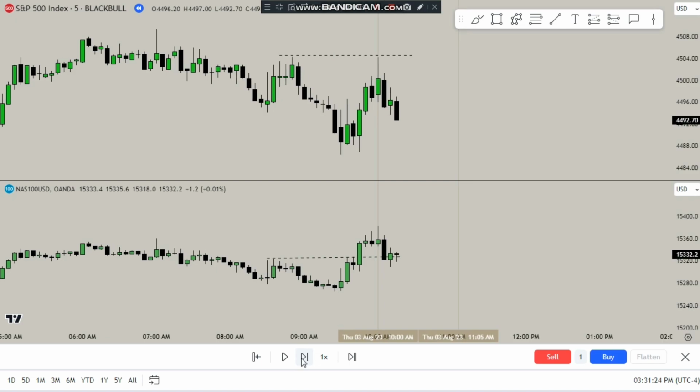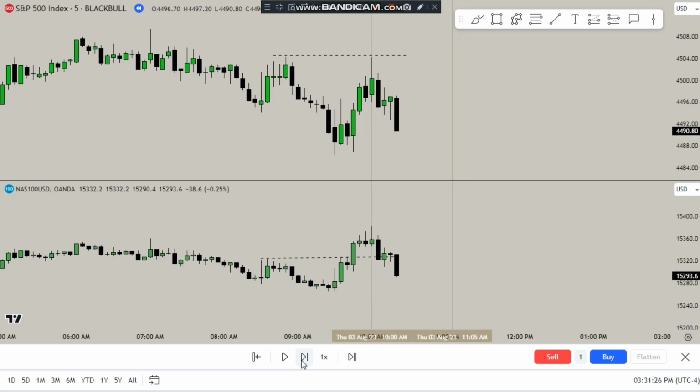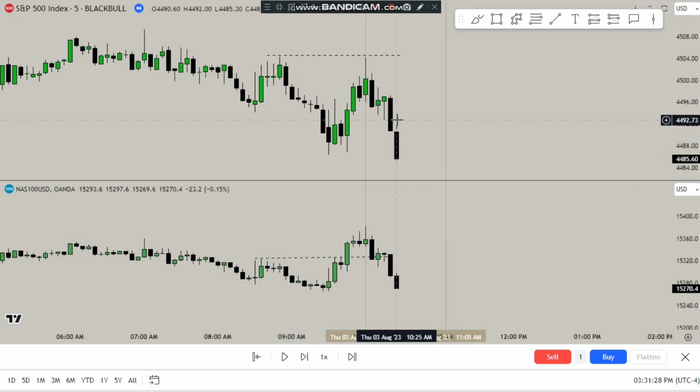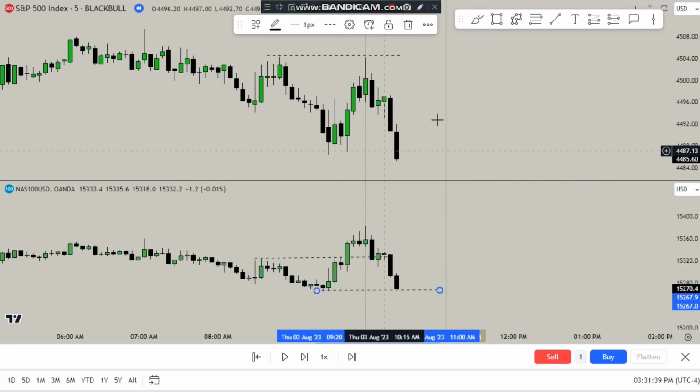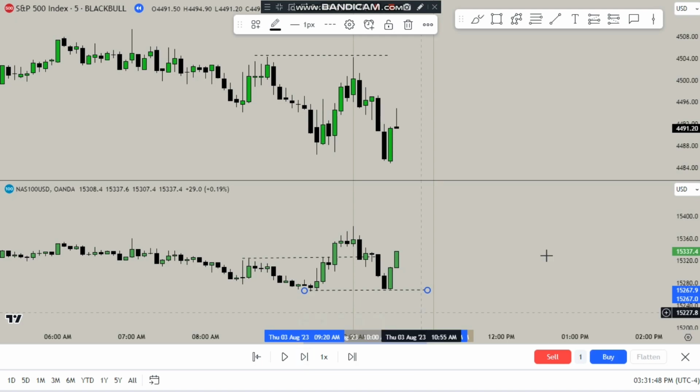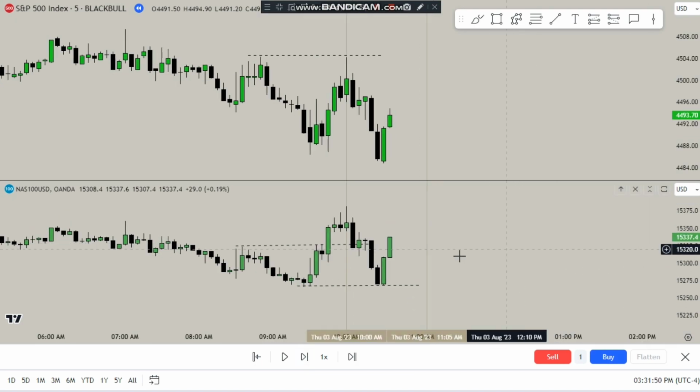Still no fair value gap. Okay, now there is a fair value gap. So let's see what happens now, if that gap gets filled, or if we get a bullish fair value gap to the upside. Okay, so here you can see that we were waiting for this gap to get filled to enter into our